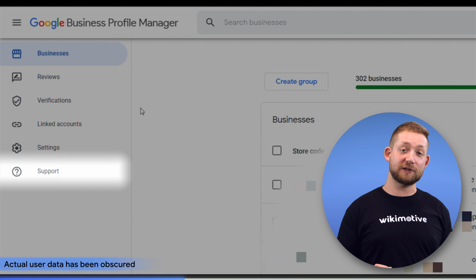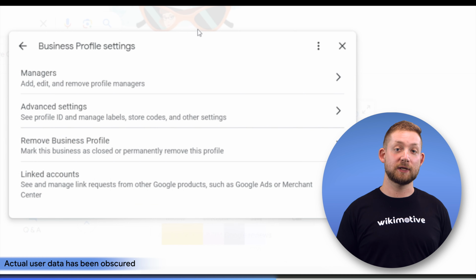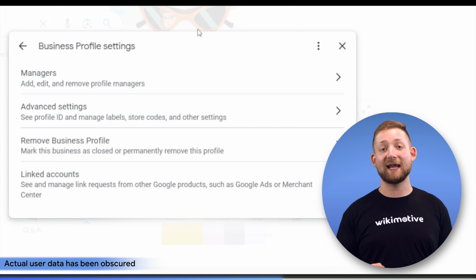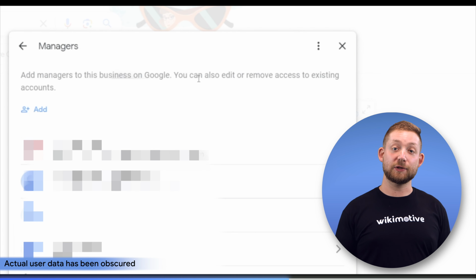Later on in this series, we'll talk about each in greater detail, but let's stay focused on profile administration for now. If you're tasked with managing one or more Google Business Profiles, you'll find one of the most important features of the SERP dashboard by clicking these three little buttons and selecting Business Profile Settings from the drop-down menu. Here, you'll find a number of features accessible through these headers. Today, however, we're going to focus on Managers, which is where we go to manage and/or remove users from a Google Business Profile. By clicking on Managers, you'll see a list of all users who have access to the profile